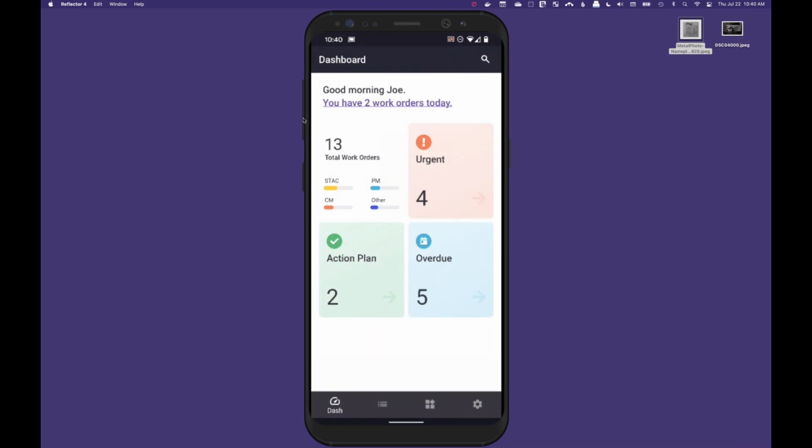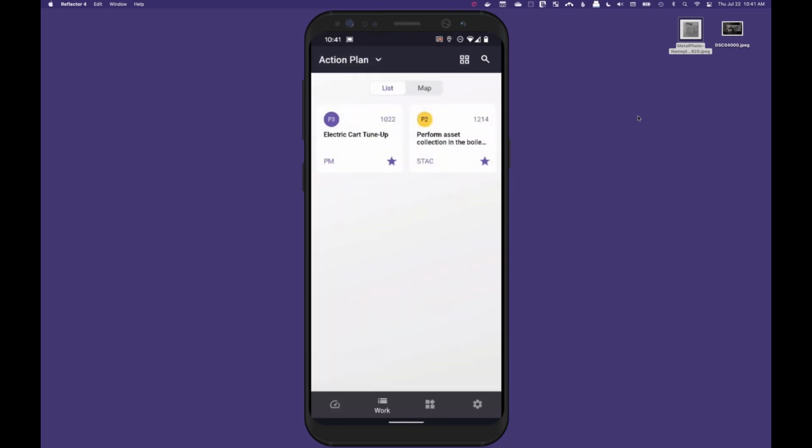So when we log in, we're presented with a dashboard showing that I have some work orders available, categorized with different widgets that are configurable, showing how many work orders I have, how many are urgent, overdue, and I also have an action plan. And I can also see that I have 2 work orders that are due today. I went in earlier, looked at my whole list, and pulled out an action plan by starring them. You can see the little star